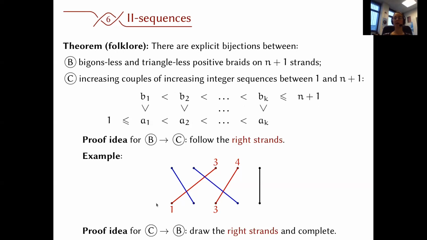And if you want to go the other way, if you have this kind of sequences, you can just take n plus 1 points downstairs, n plus 1 points upstairs, mark the points corresponding to the numbers you have in your sequences, then draw segments relating them, and you can show rather easily